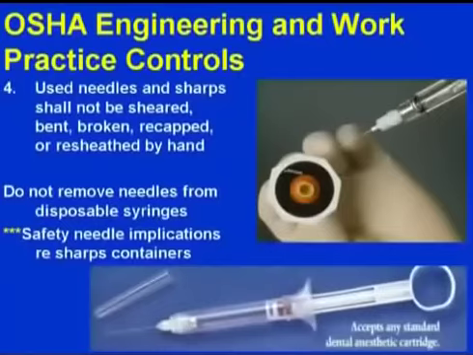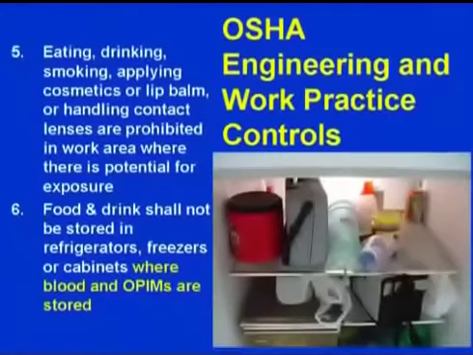However, we should use a one-handed scoop or a protective device if recapping with two hands. Also, disposable syringes, such as endodontic syringes for irrigating, if they are considered a sharp, the entire needle and syringe body needs to be placed in the sharps container. You're also reminded by the OSHA rule that we shouldn't eat or apply cosmetics in operatories and in